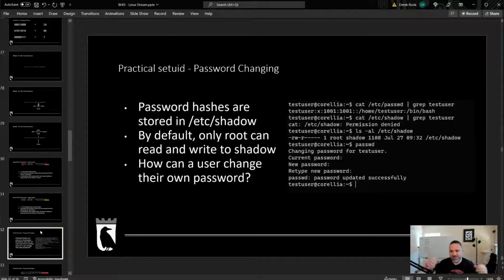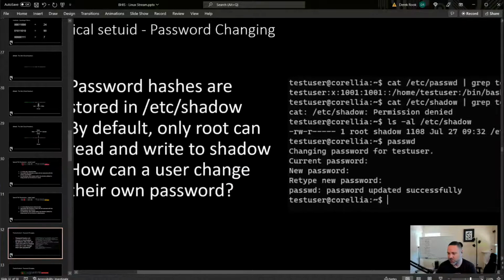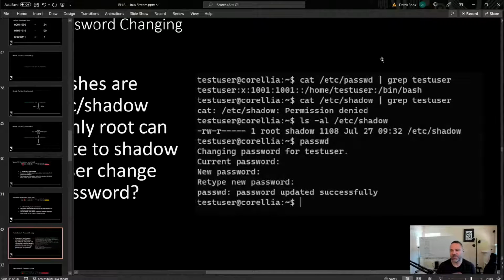The way Linux systems store passwords is they actually hash the passwords and store them in a file in /etc. To prevent everybody from just being able to read people's hashed passwords and cracking them or changing them or anything like that, the only user that is able to read or write to the file is root. And we can actually look at that when we look at the permissions. We've learned everything we need so far to analyze this situation. If we look at /etc, we run an ls, we see that the owner, the user, has read and write and no execute, and the group has read, and that's root and shadow group.